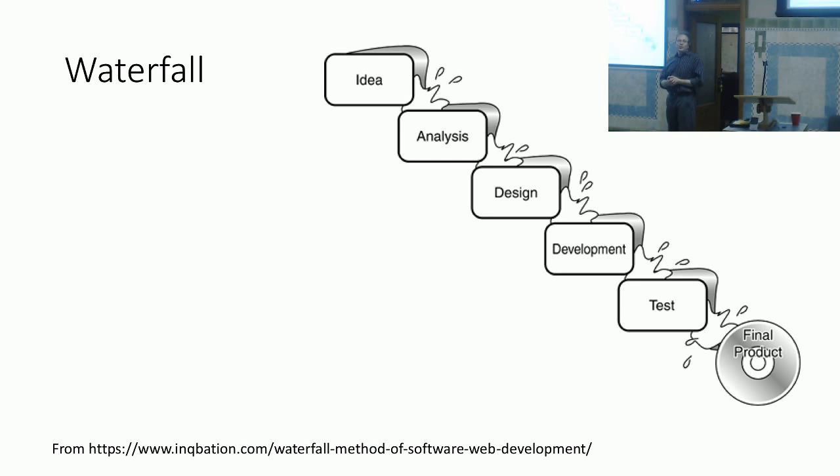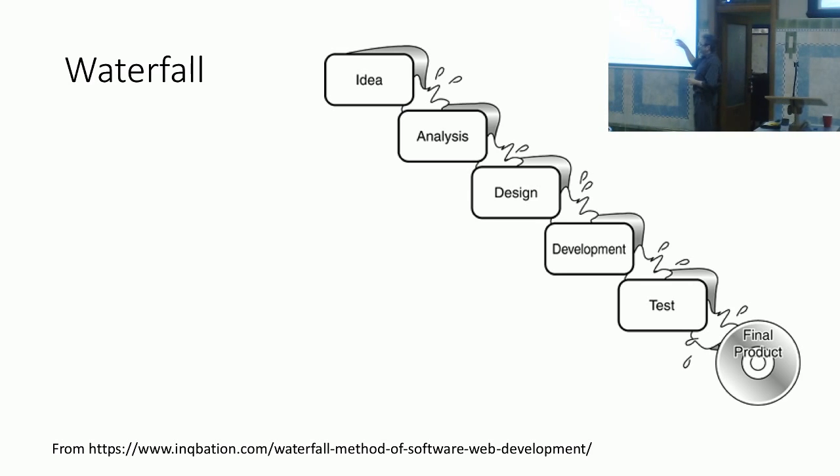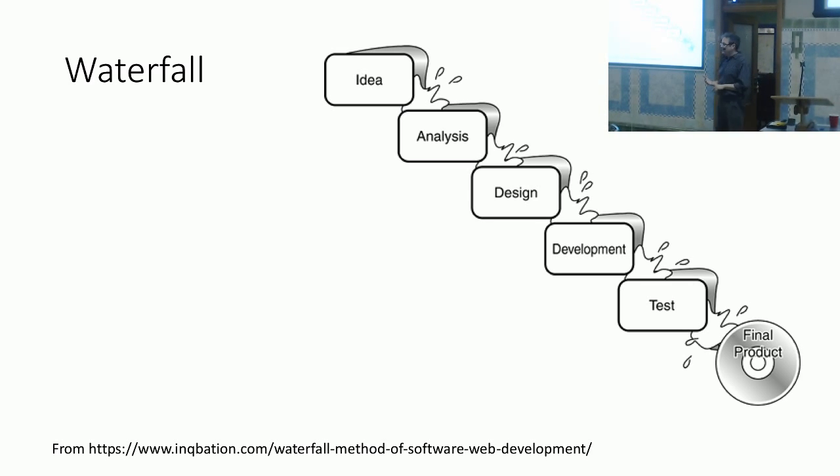With a waterfall method, who was here for Ben's presentation a couple of months ago, when he talked about the hardware kind of stuff that he does? That's very much along these lines. I think you'd agree with me on that, Ben, right? They have the idea for what they need to do, a chip of some sort. They start analyzing, so they get the requirements, what do they need it to do. They design it, they spec it out. They would do prototypes, a few copies made so that then they can do the testing. It was a really interesting presentation about the way that they tested and all the weird and wonderful things that they did to their chips in testing. But it's that similar thing. It's largely a one-way trip,